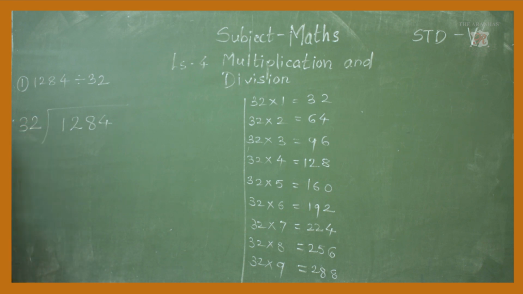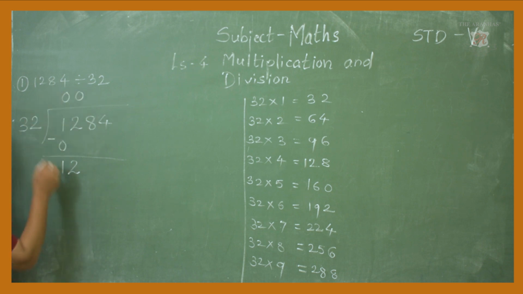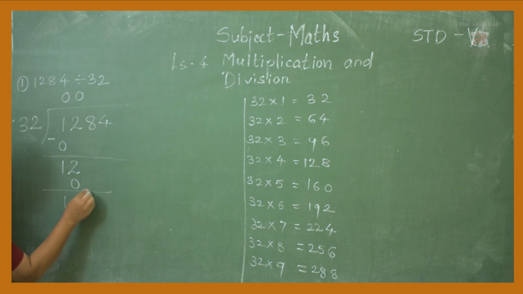32. Now, when we are dividing, what are we doing? Directly we are taking? No. We are going 1 by 1. Here, 1 is smaller than 32, so 32 zeros are 0. That we are doing. So minus 1. Then we are taking 12. Again 12 is less than 32, isn't it? So again we are doing 32 zeros are 0. So 12 as it is. Then we are taking 8.